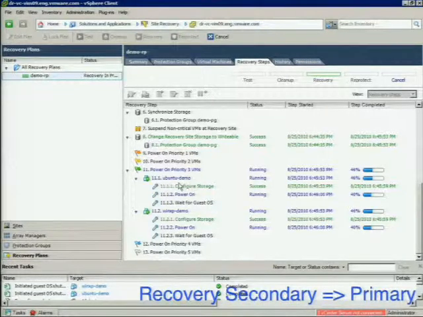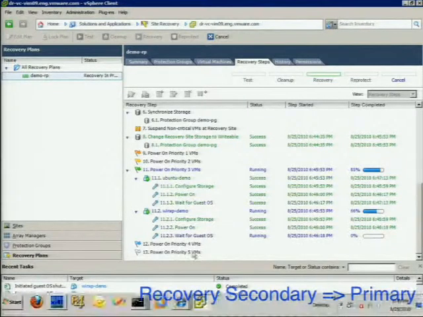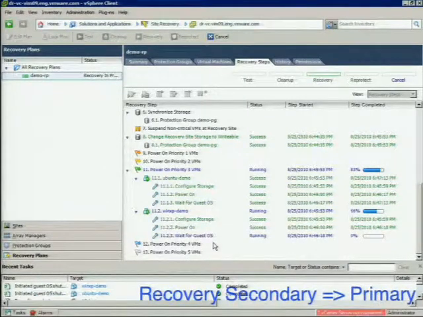In order to close the cycle and have VMs running on primary be protected by the secondary again,